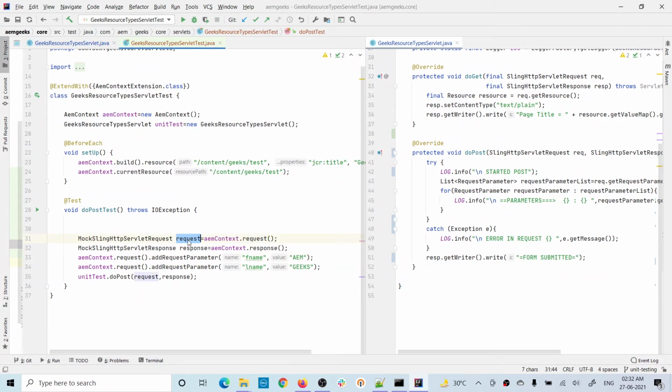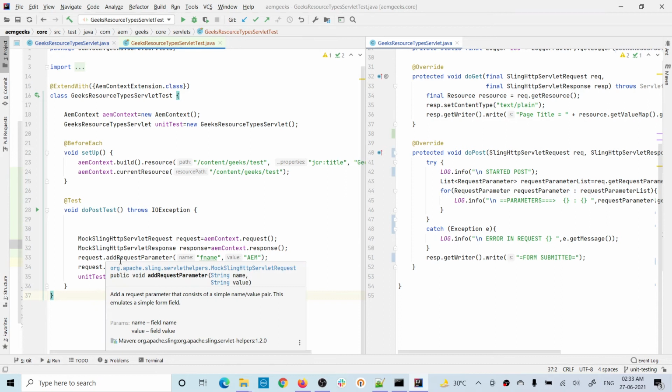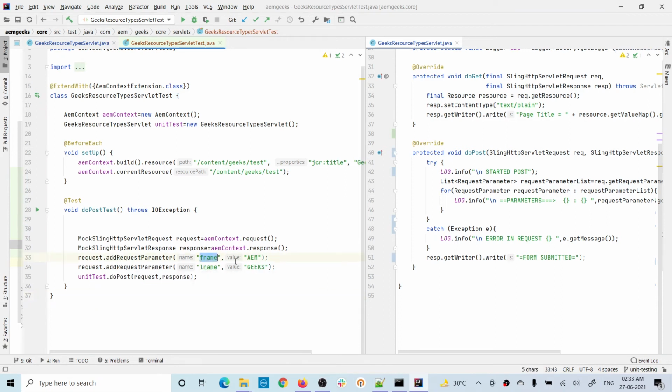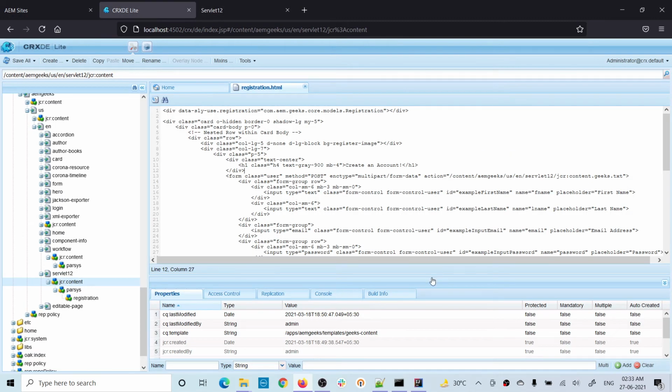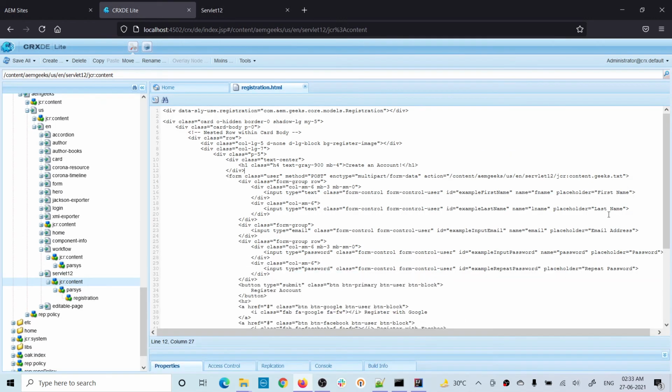Let me do it. I have added to this mock request a field name and the field value. The field name is whatever the field name of that form field is. If I show you, let me go to that form, the first name is fname, right, and the last name is lname.